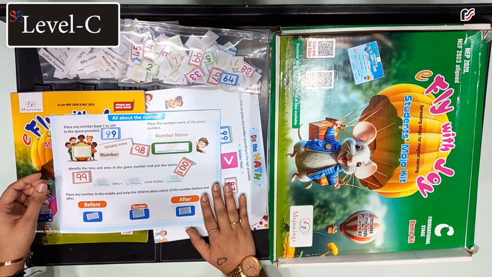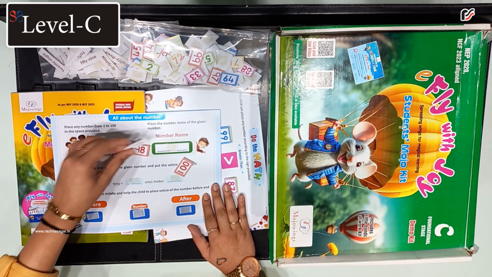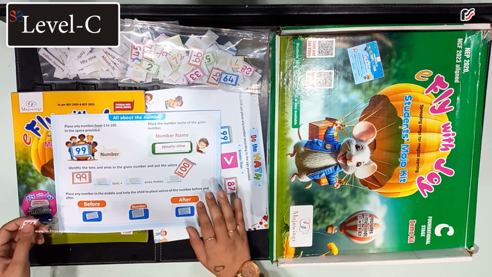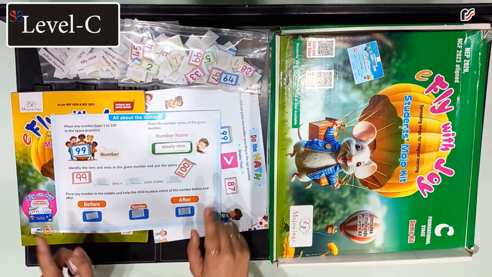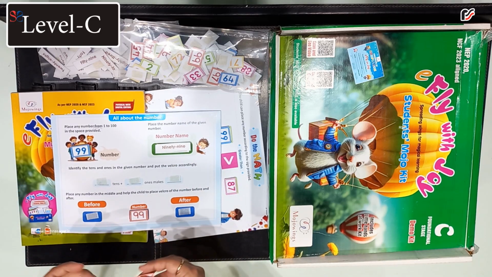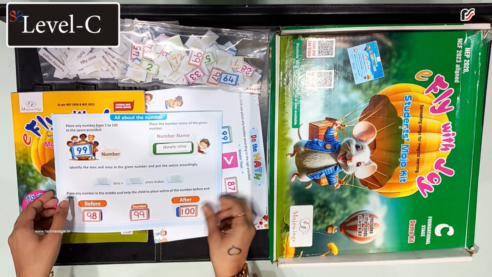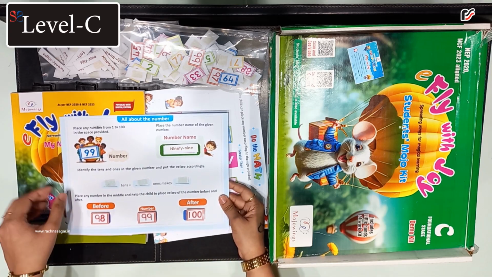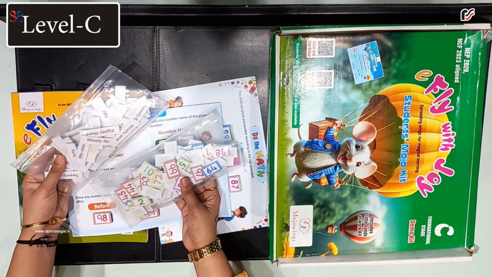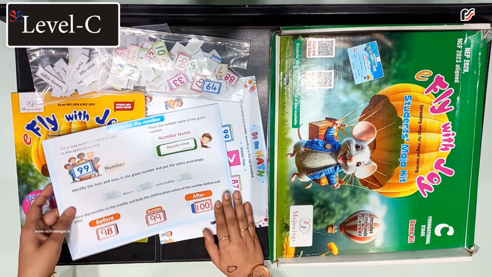So, for example, the students will paste 99, the number alongside its number name, alongside ones and tens, what it makes, then 99 in the middle, and then 98 comes before and 100 comes after. Like this, the students can complete the table and then they will have many Velcro stickers and they can make as many numbers as they want.